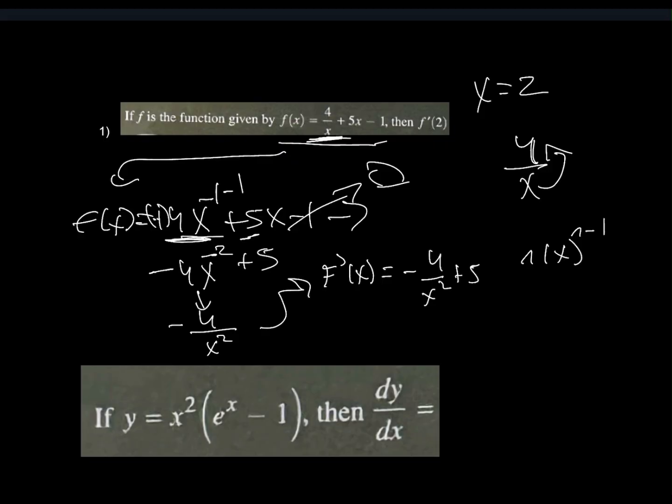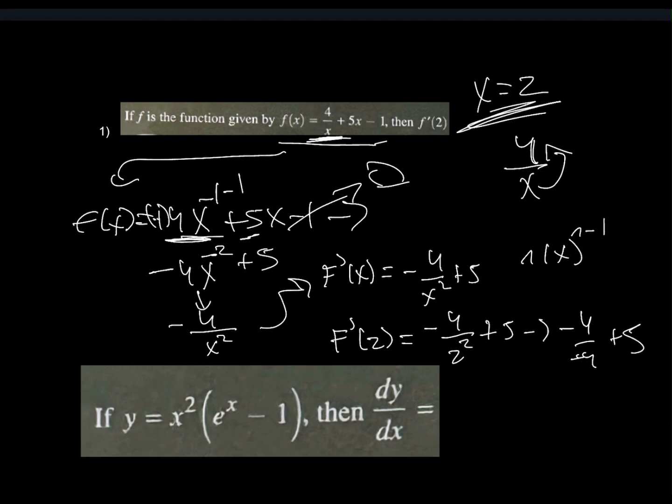The second half is just plugging in our input, which is 2. So we can say f prime of 2 is equal to negative 4 over 2 squared plus 5. This is going to turn into negative 4 over 4 plus 5. Negative 4 over 4 is just going to be negative 1, plus 5 equals 4. Alright, we can go ahead and jump into the second problem, which is asking us to